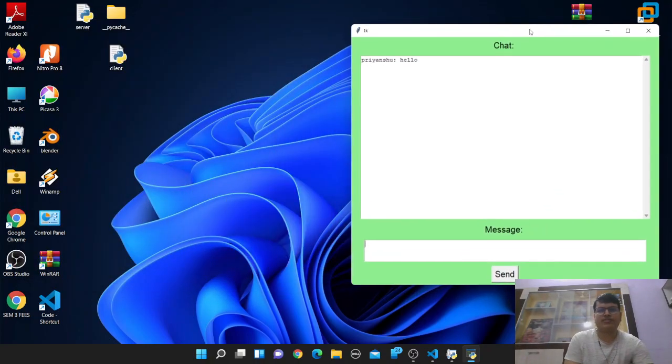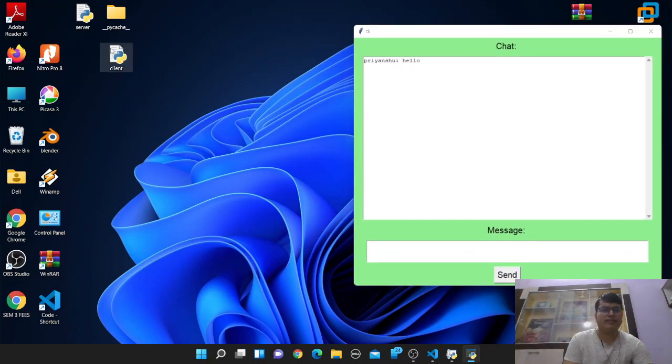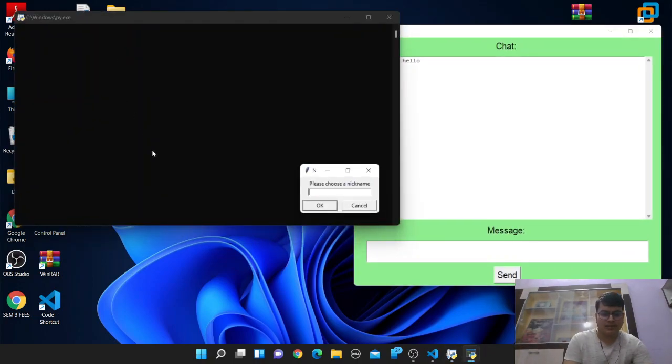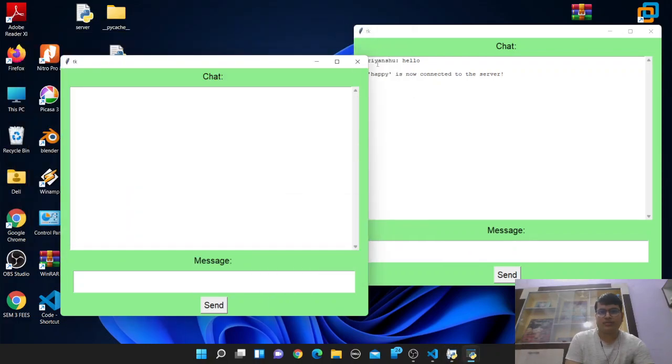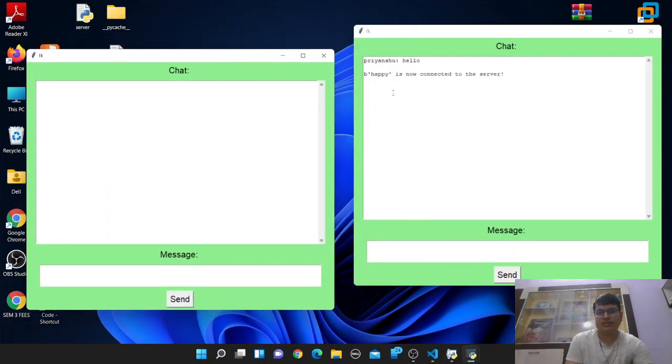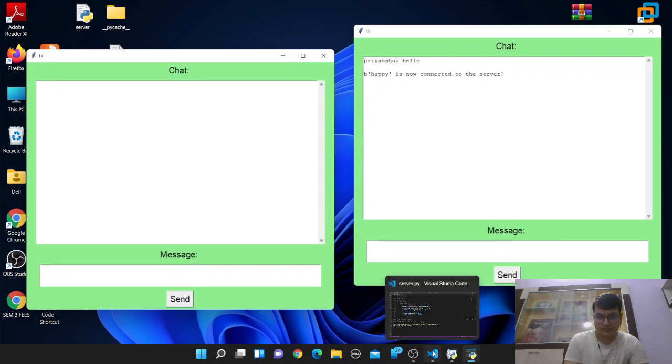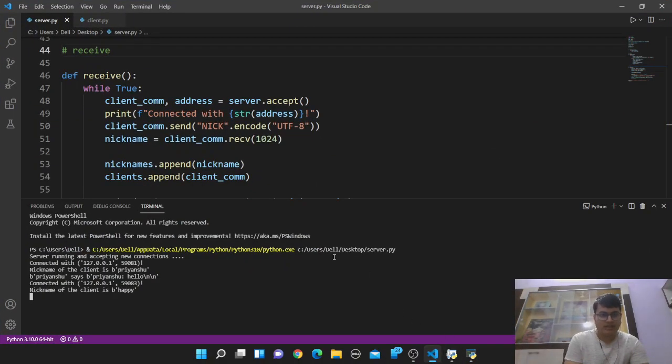So let's add one more client. Let's write any name. So here it is showing Happy is connected to the server. Now we can see that all the activities that are being done are also shown in the server part.